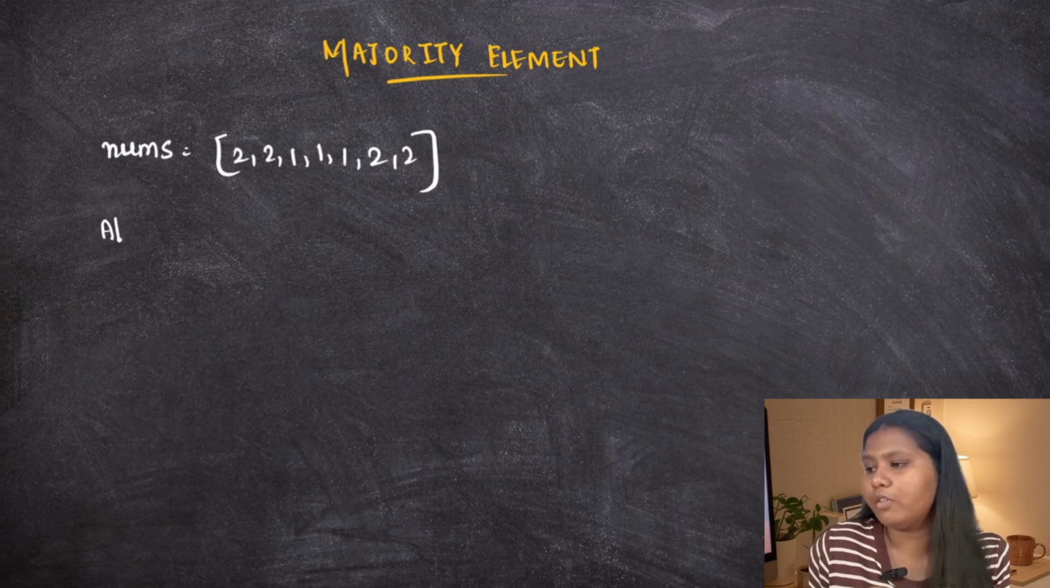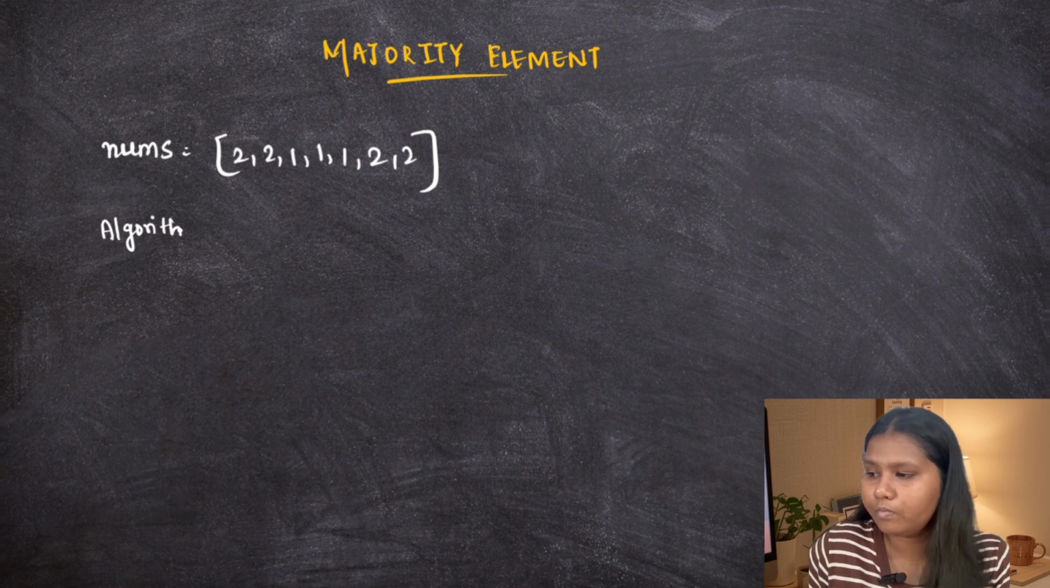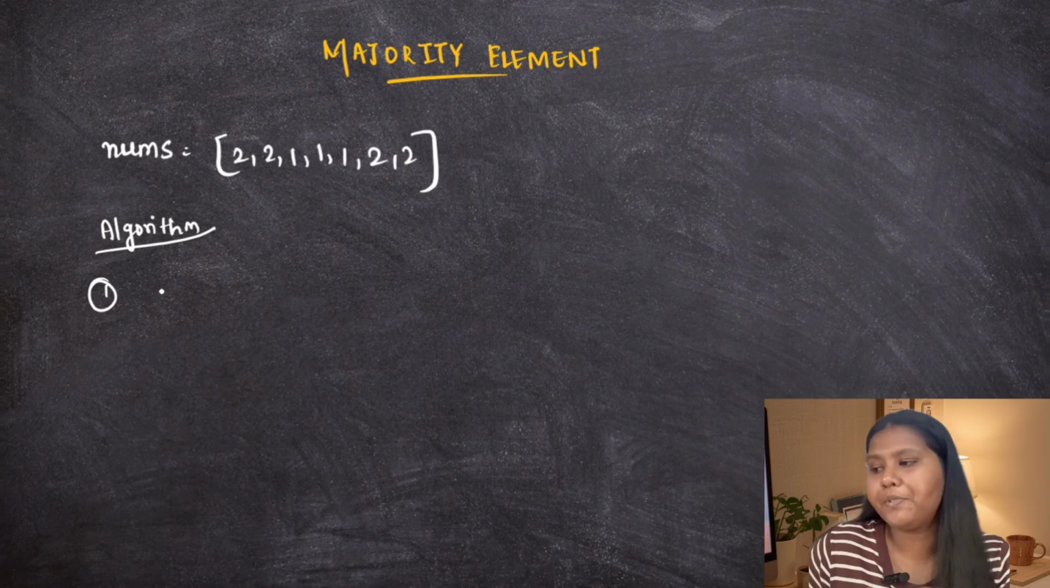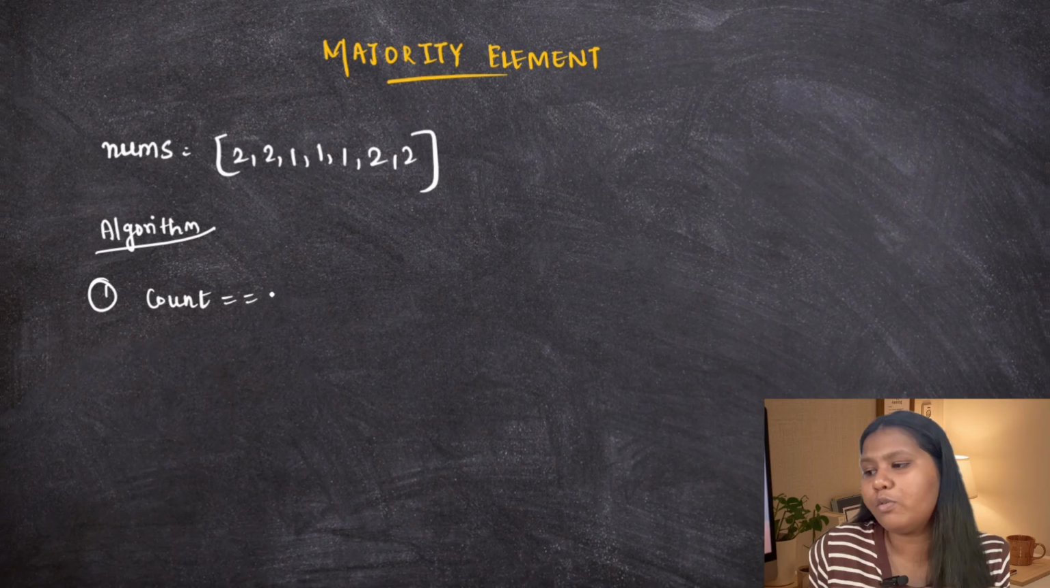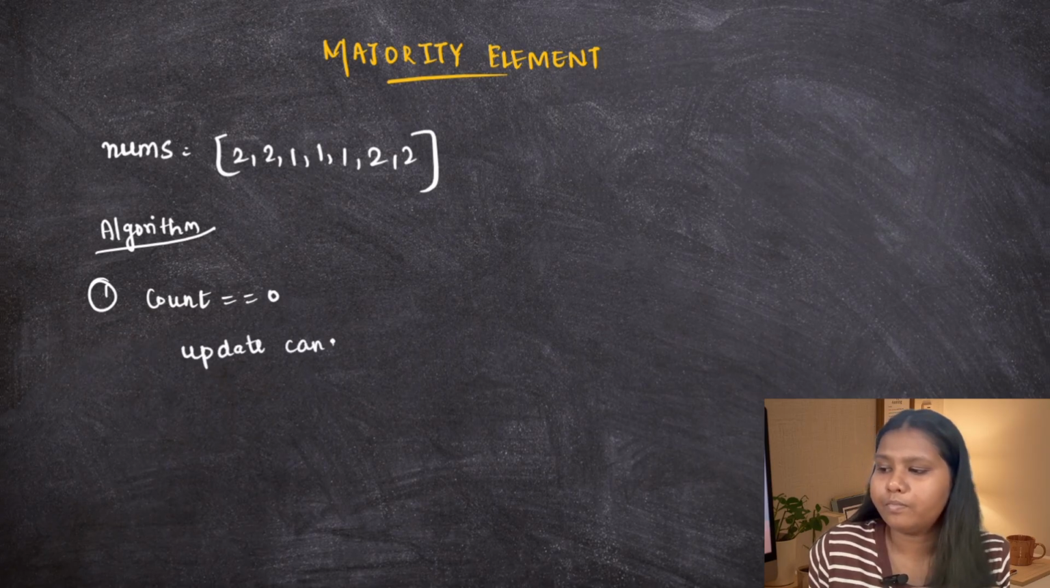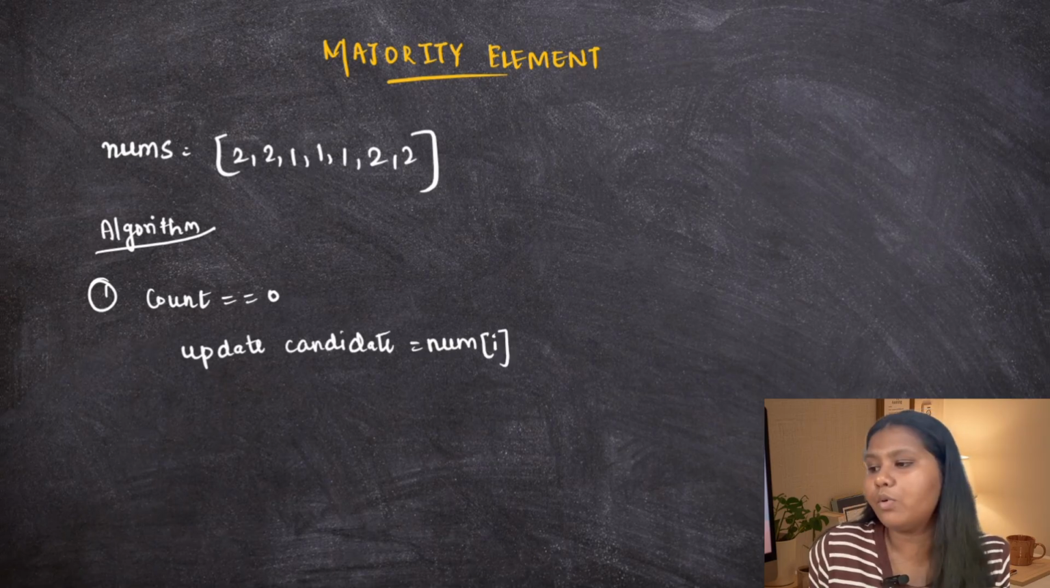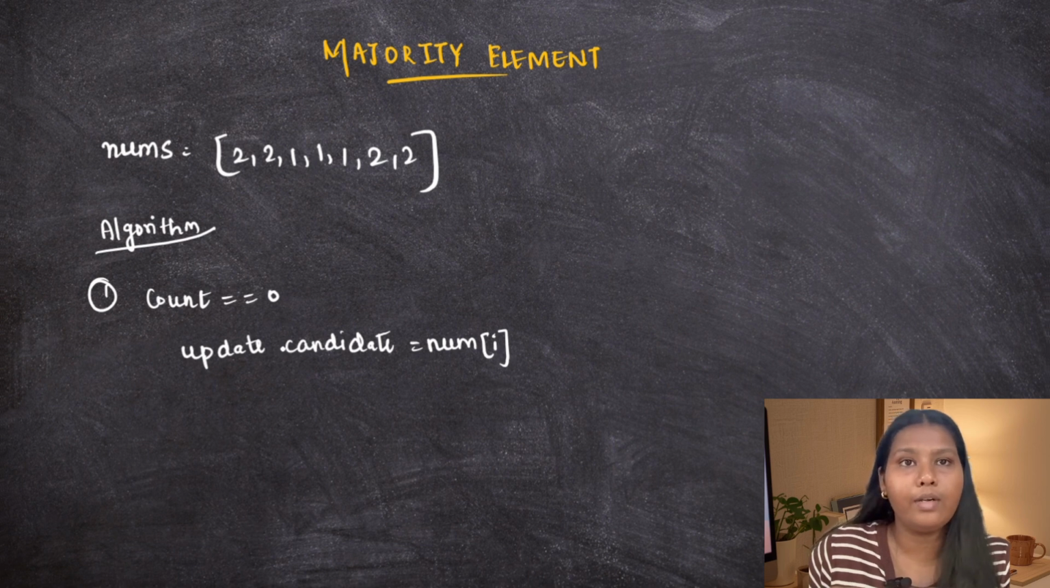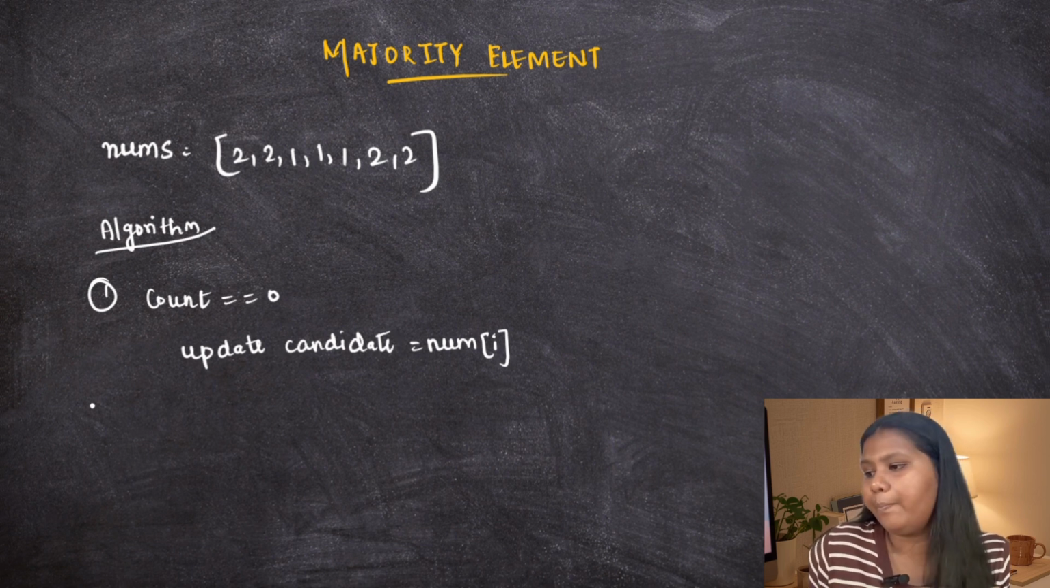I'll write the algorithm for this. Simple. There are only 2 steps. First step, check the value of count. If count is equal to 0, then update candidate. Update candidate with the number which we will be traversing at that time. We'll be traversing this array, so the number which we will be traversing at that particular time, update the candidate with that number. Second step, check